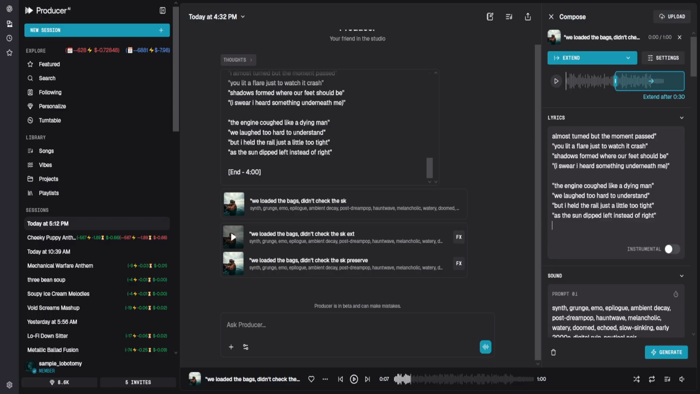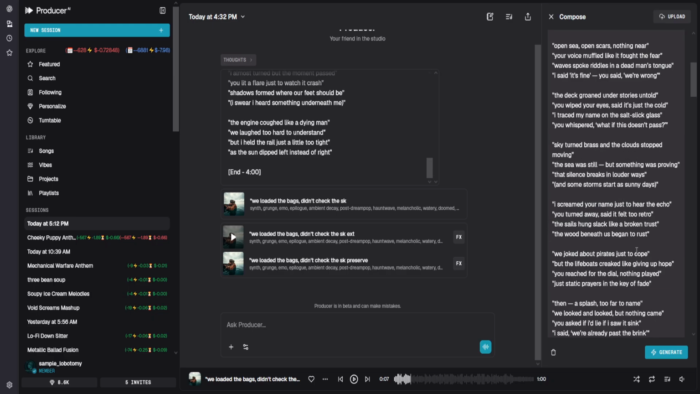And this next set of lyrics starts with "but I held the rail a little too tight as the sun dipped left instead of right." So delete that bit, paste in the next set of lyrics,